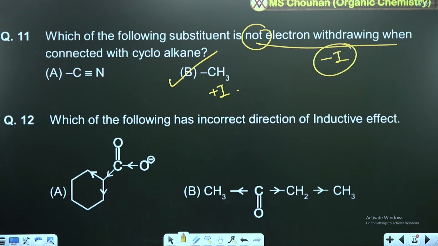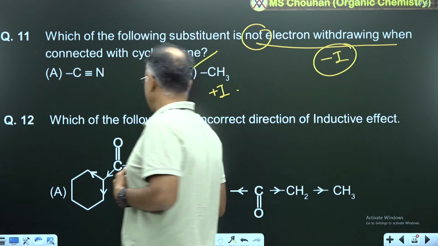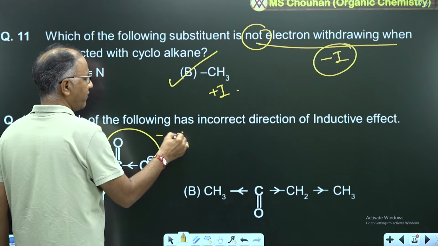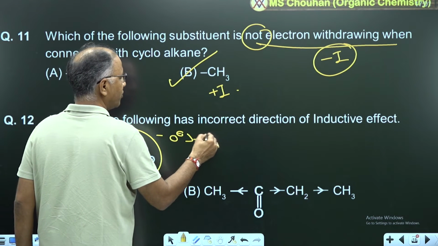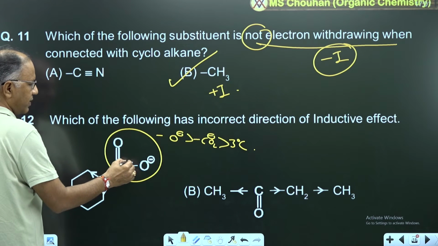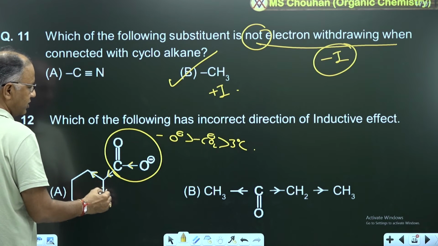Which of the following has incorrect direction of inductive effect? We already discussed that CO2 minus has strong plus I. What is the order of plus I? First is O minus, then CO2 minus, then a 3-degree carbon. Now this shows strong plus I effect. This means this is our